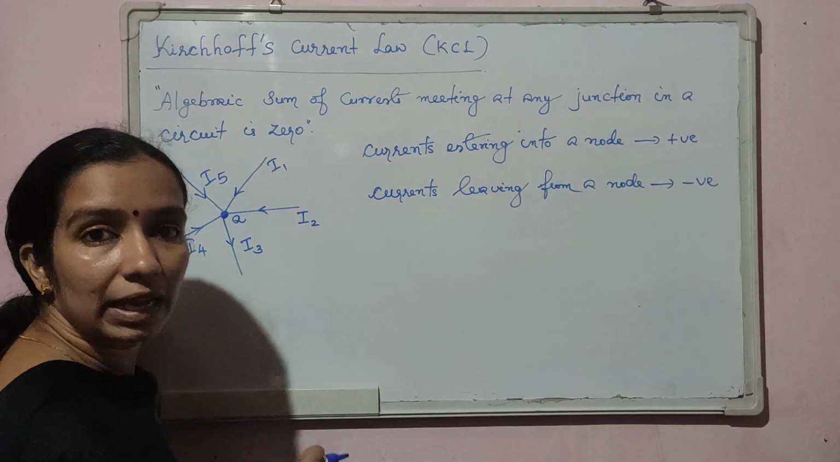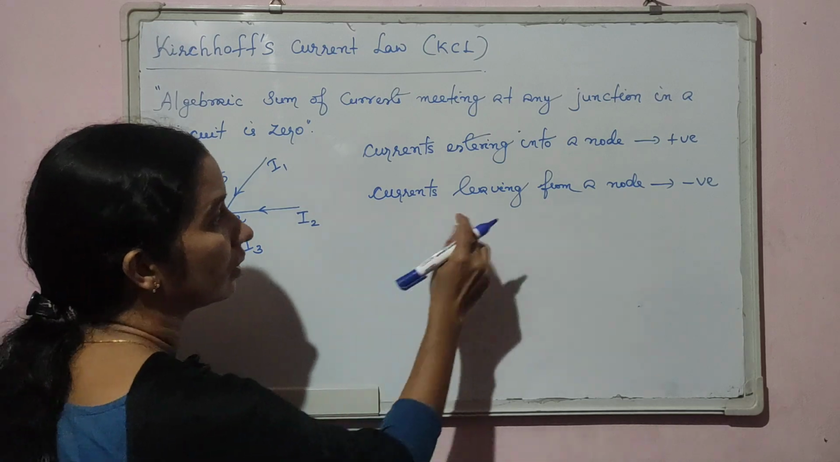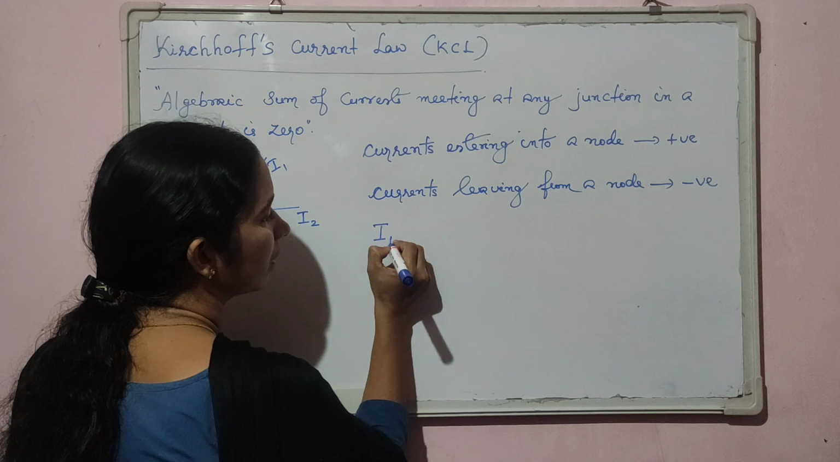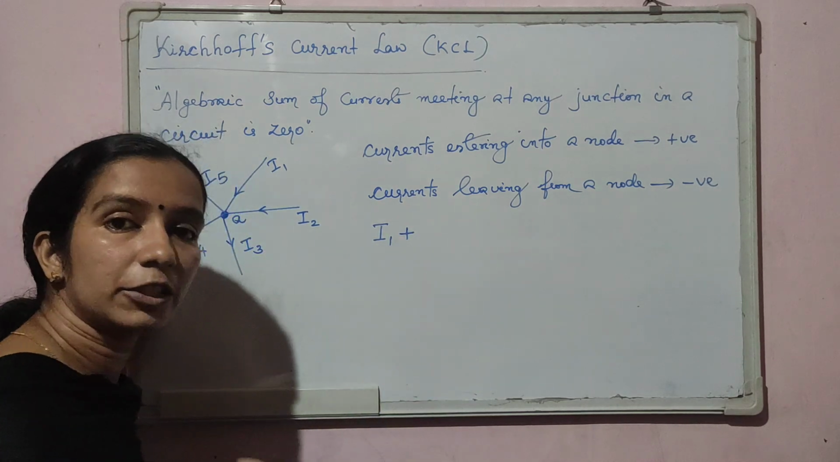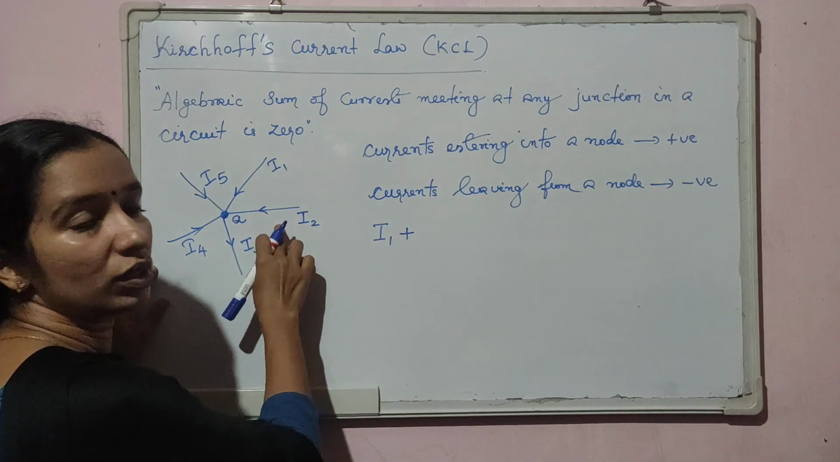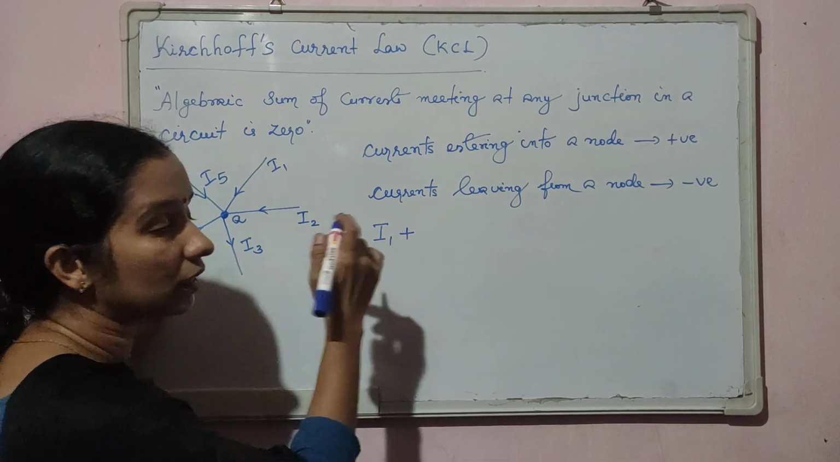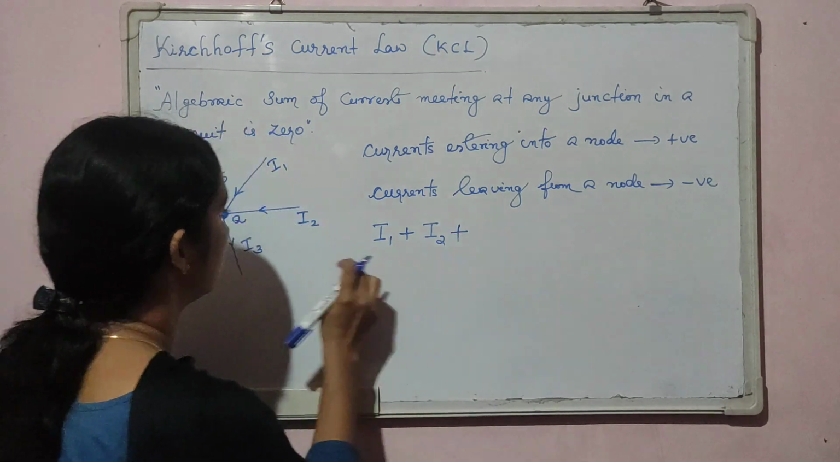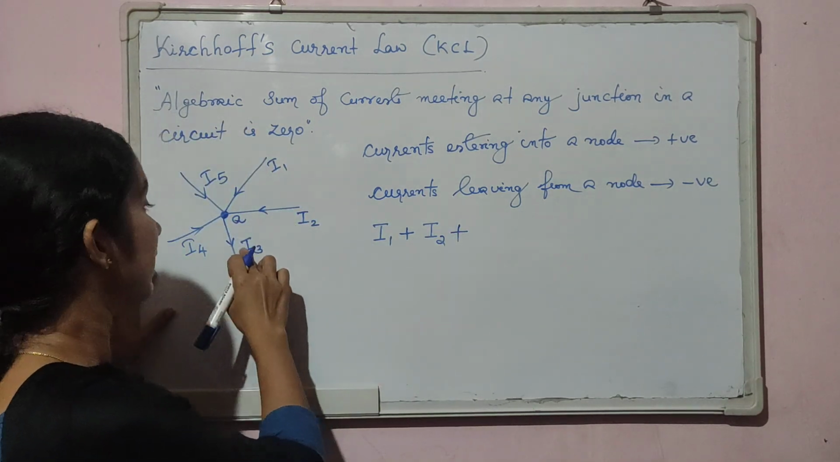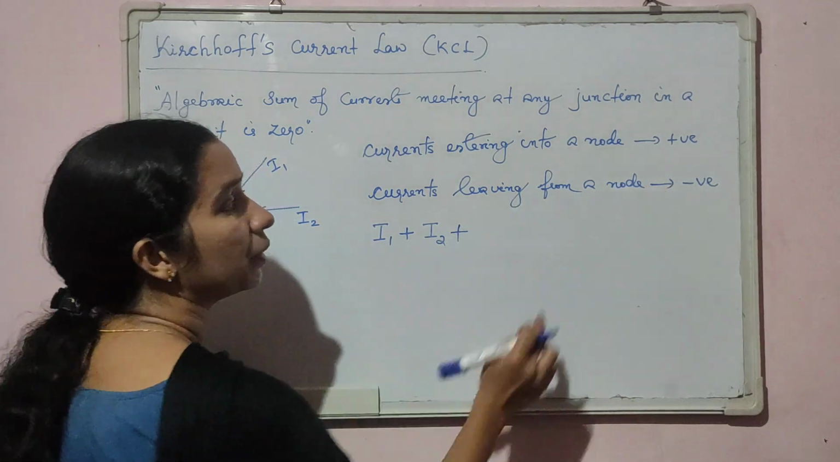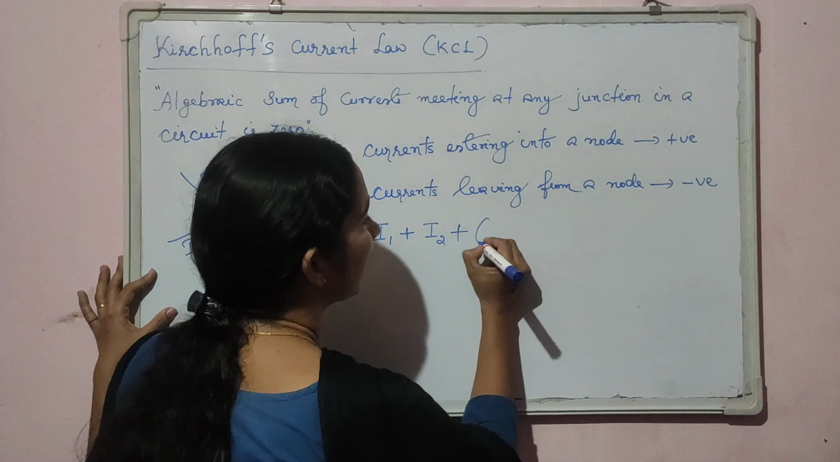I1 is a current entering into this junction, so I1 should be taken as positive. So I1 plus, we need to take the algebraic sum, I1 plus I2. I2 is also an entering current, so it will also be positive, plus I3. I3 is a current which is leaving from the junction, so its sign should be negative. So minus I3